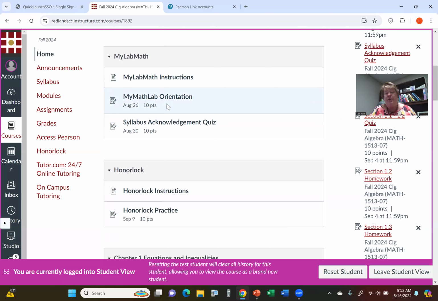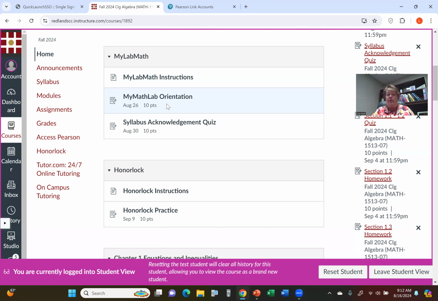is get familiar with HonorLock. And this is an online class. Your exams will be proctored, and they're going to be proctored using HonorLock. People will say it's persnickety and that it can be difficult. It really isn't. It's a fairly straightforward process to launch HonorLock, go through the authentication process, take your exam, close your exam, and then close HonorLock.